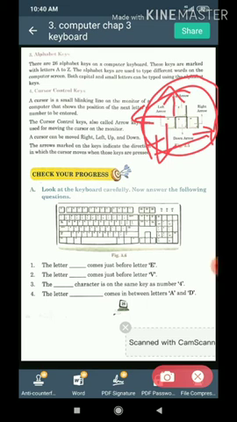The letter W comes just before E. The letter dash comes just before letter V. The letter C comes just before V. The character on the same key as number 4 is dollar. The letter dash comes between A and D. The letter S. And this is dollar. I don't know if I am able to draw it properly, but you will draw it properly.